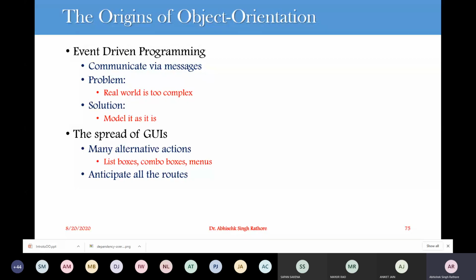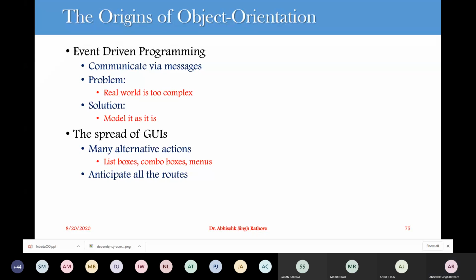So one solution, which is provided by Simula 67, is to structure your program in a similar way to how the problem exists. So as a set of independent software agents, each of these objects represents an agent in the real world, and this is the key for object orientation development.